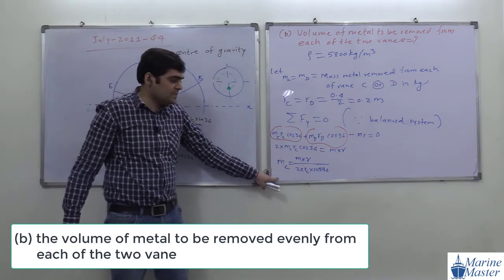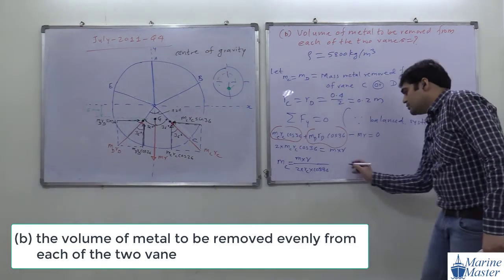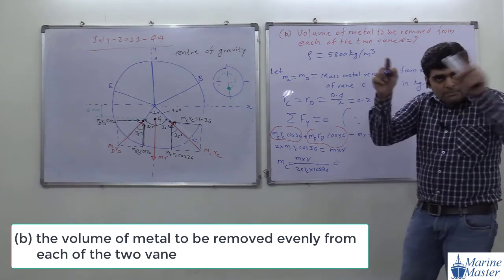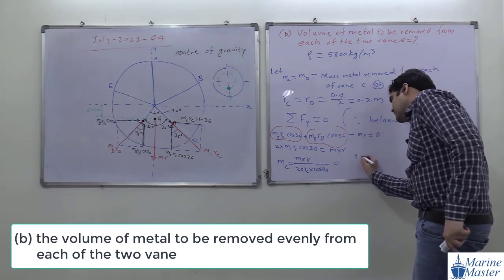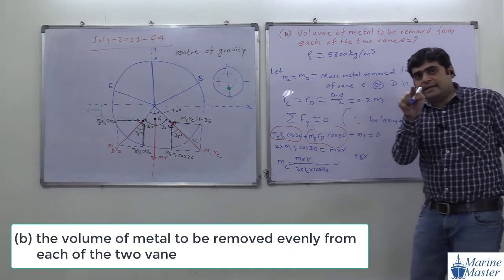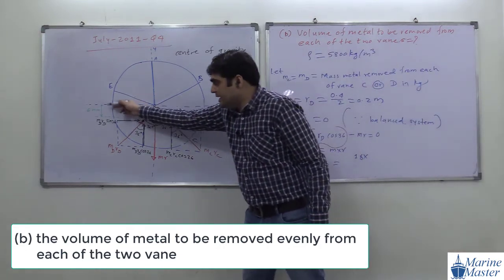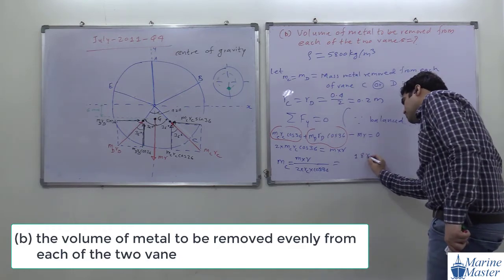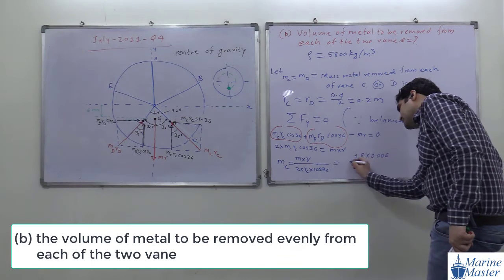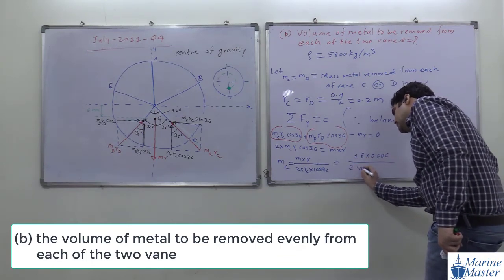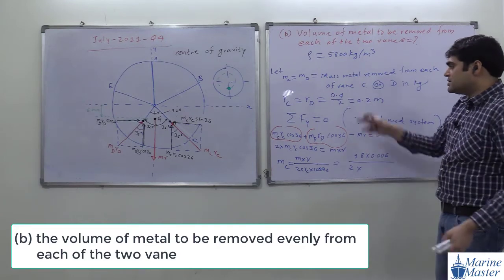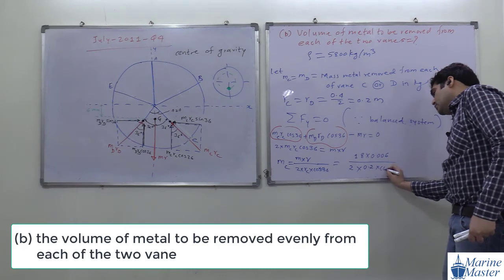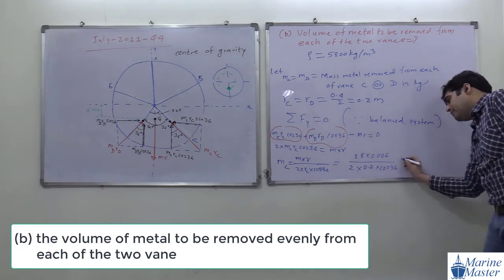Any doubt in this discussion guys? So that will be further equal to, see the point: what is the value of M? That is the mass of the impeller, 18 kg. At how much radius is it acting? 6 mm. 6 mm in meter, because everything must be in SI unit, is 0.006. Divided by 2 times RC, and RC is 0.2, into cos 36.